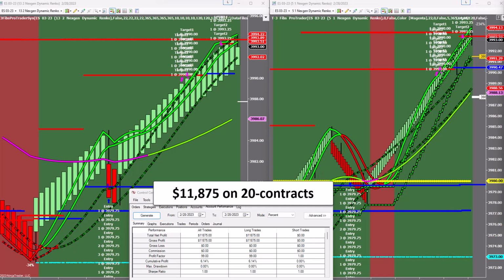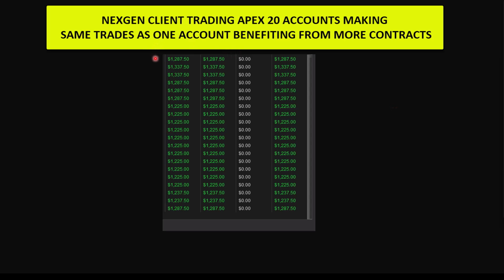What we're going to teach you is that it's more important to have the right trade and the winning trades, and to be able to trade more contracts. Remember that trade we made $1,187 on with 2 contracts? Well, if you traded 20 contracts, you made $12,000, just under. And what these copiers are going to do, this is a snapshot from our live Discord.